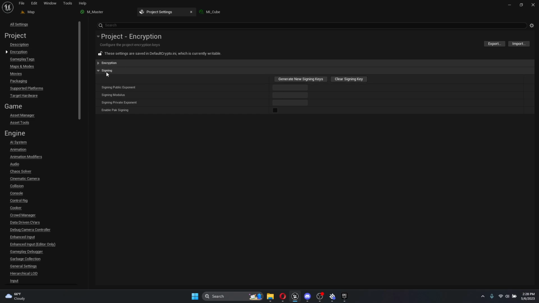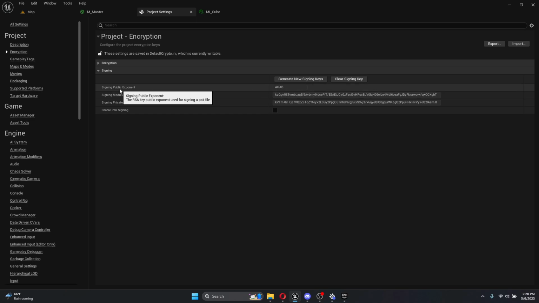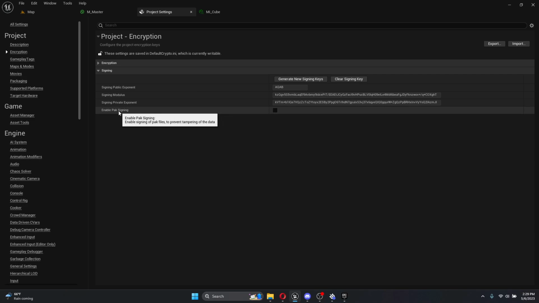Your signing keys. This is to basically create a key that is signatured to you and you alone. So if you say share the project with someone else, like a template, and they're unsure that it's yours or not, that's what these signing keys are. You have a public key, modulus key, private exponent key, and then enable pack sign. So these allow you to build a system essentially to prevent people from tampering with the pack